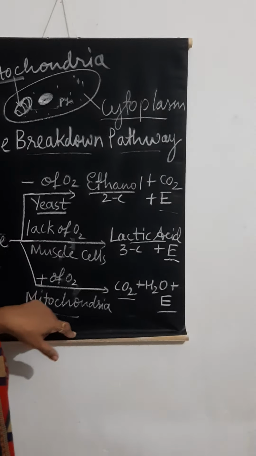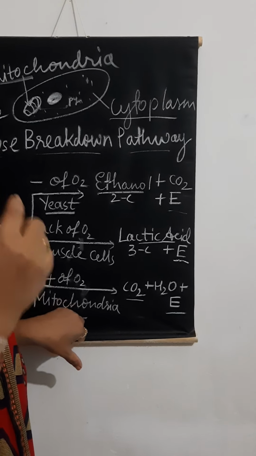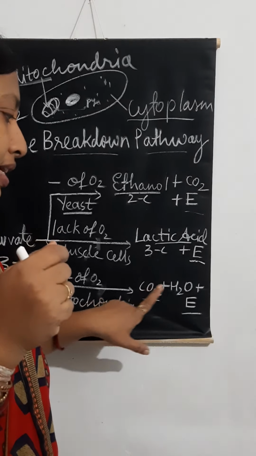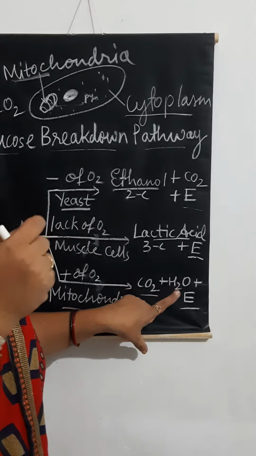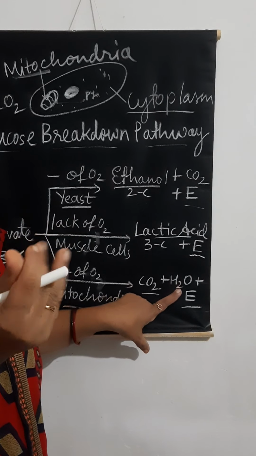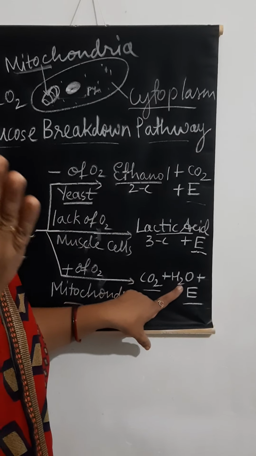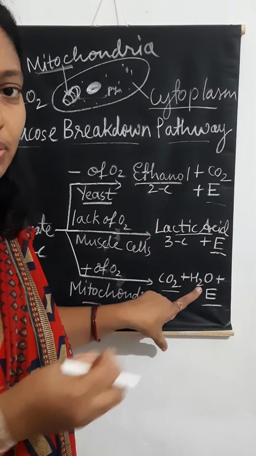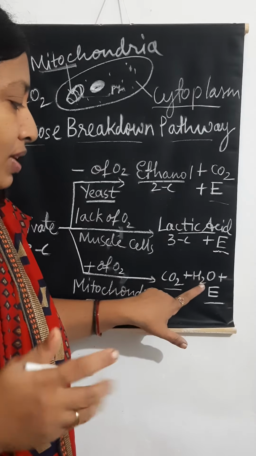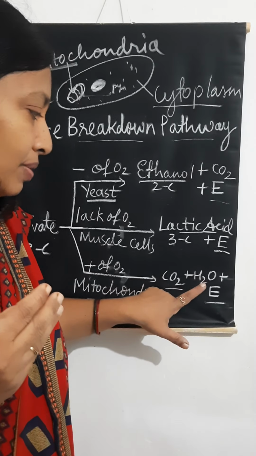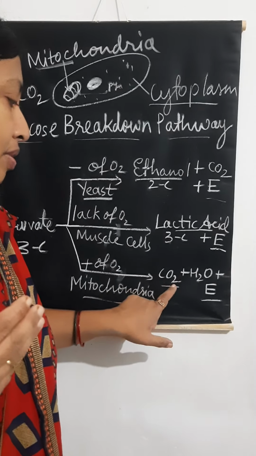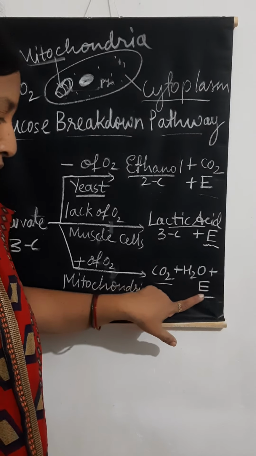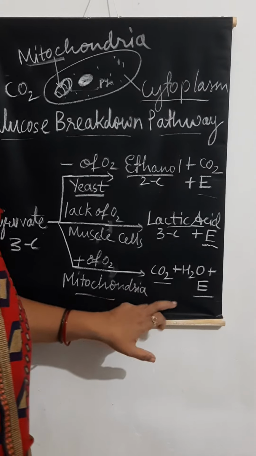That's why when we exhale, when we give out air, that air not only contains carbon dioxide, it is rich in carbon dioxide, plus we also give out water vapor. We can feel it during the winter season. When you stand in front of a mirror or hold your hand and say, ha, you can see that vapor forming on the mirror surface. So it shows that when we exhale, we give out water vapor, molecules of water, plus we give out carbon dioxide, and this energy is formed in the form of ATP, which is utilized for various activities.